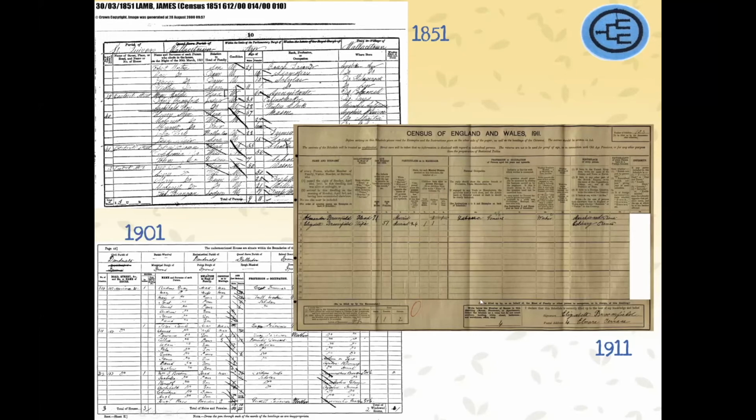In 1901, they wanted to know a little more detail. If a woman was married, how many years had she been married? When you moved on into some of the later ones in 1911, if the woman was married, how many years had she been married? How many children had she had? And how many of those children were still alive? Or had any of those children died?